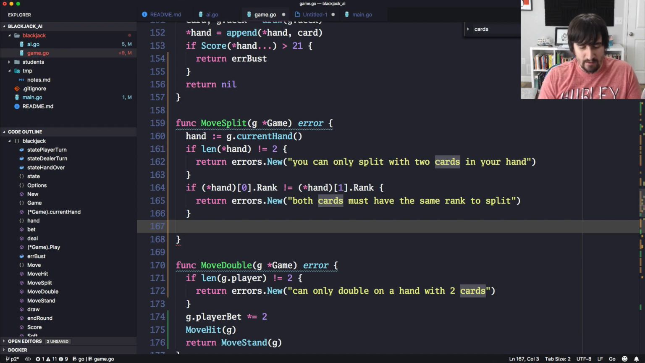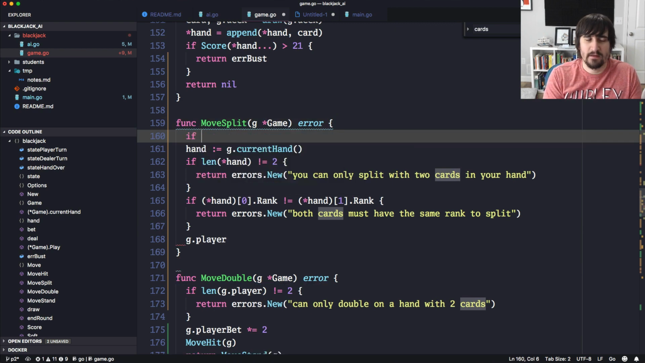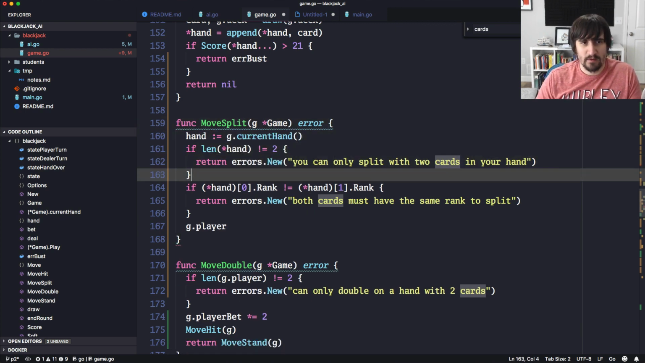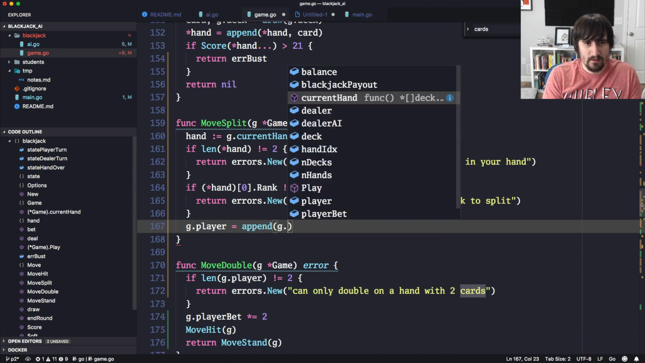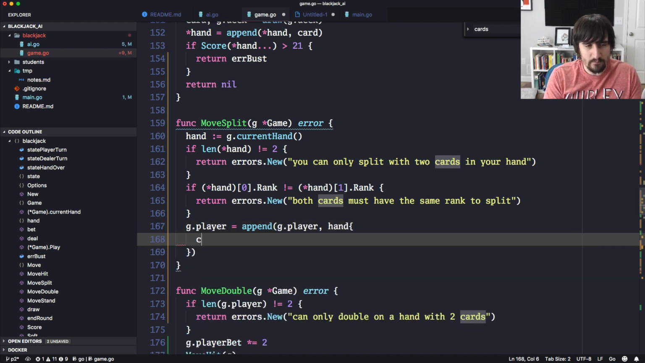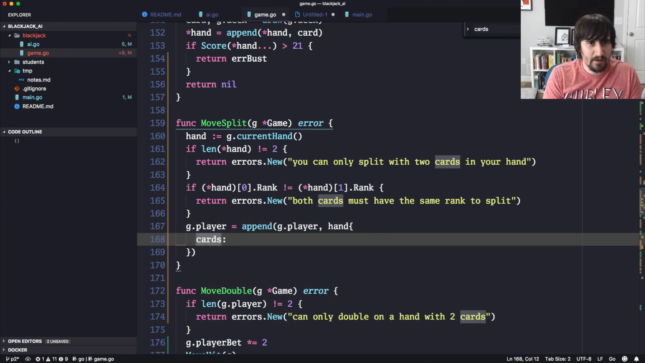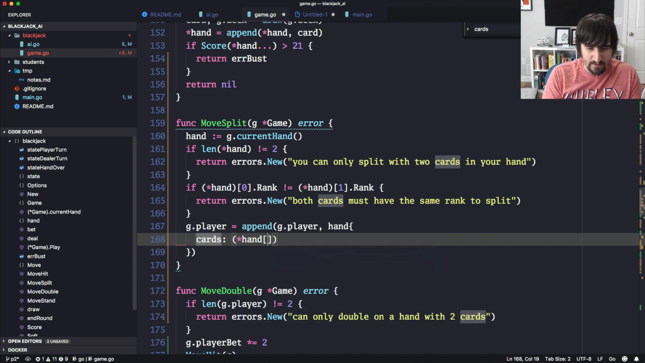So what we're going to say is g.player, because the player is the only person that splits. The dealer never splits, so we don't really need to worry about that part of it. I guess we could add an if the state is not the current player, then we error, but I'm just going to let it be for the time being. So we'll do g.player equals append g.player, and the cards are going to be whatever is in this hand at index 1, and then